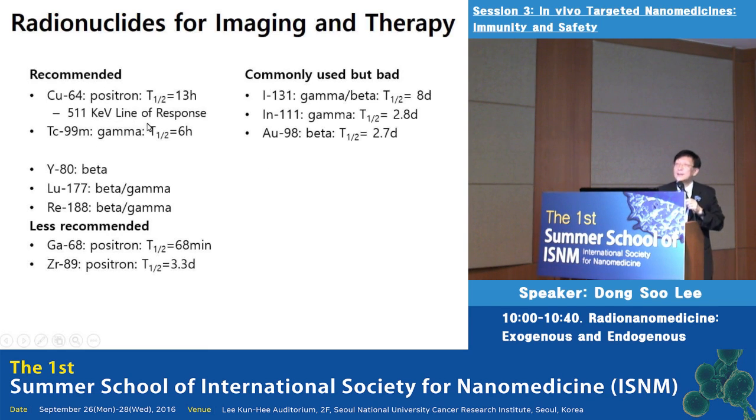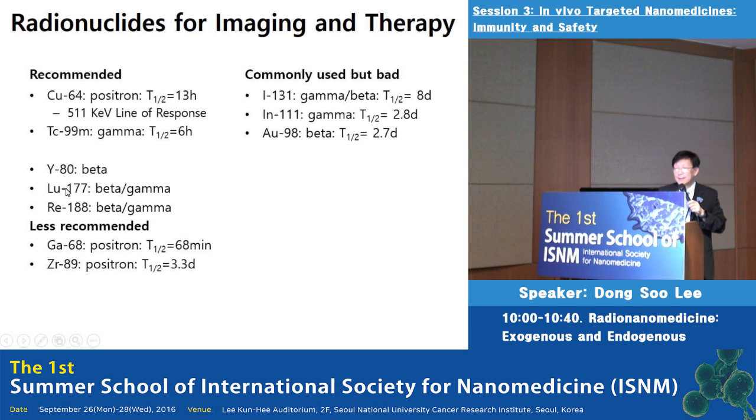So this is recommended: copper 64, a positron emitter. You need a PET scanner, and the half-life is 13 hours. The line of response makes a good image. And technetium 99m, and these days we have micro-SPECT CT, very good. And yttrium